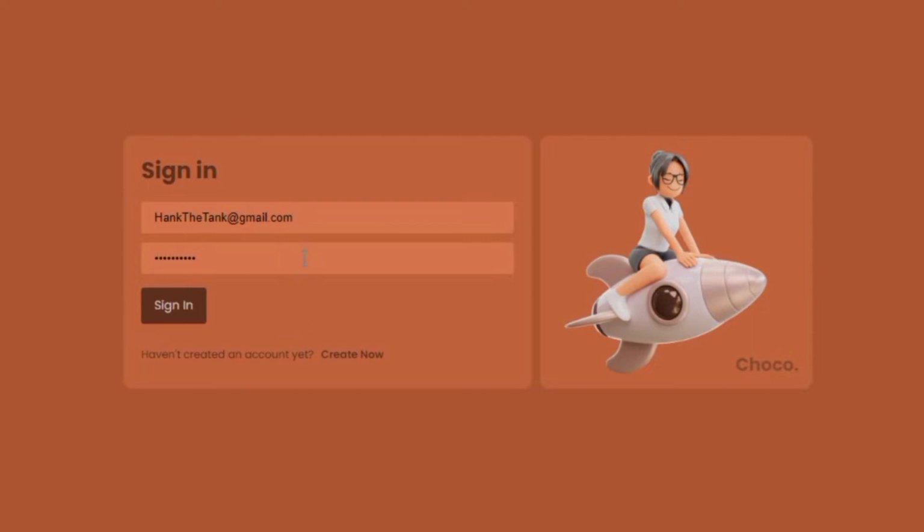Now in the sign-in we have the username and the password and the sign-in button which submits the form, and then we have an anchor tag with the name of create new account. When you click it, it doesn't actually take us to any registration form, but you can add one if you want. And for the right side section, as I've said, it has the company name, which is Choco, and this is based on a fictional chocolate company, so the color is a bit brownish.